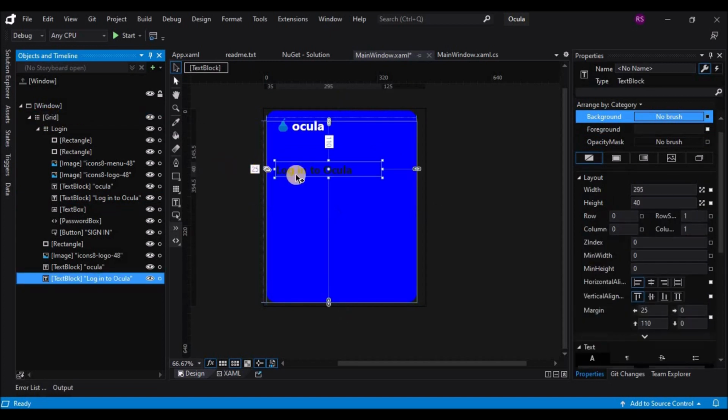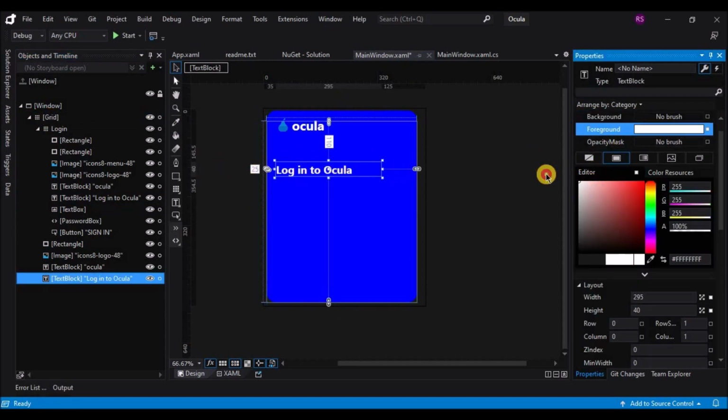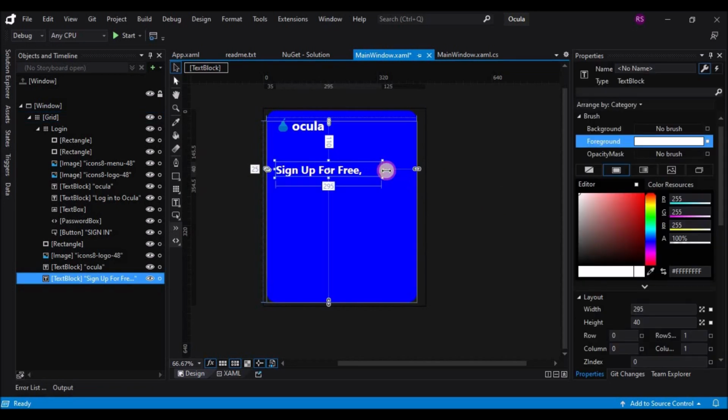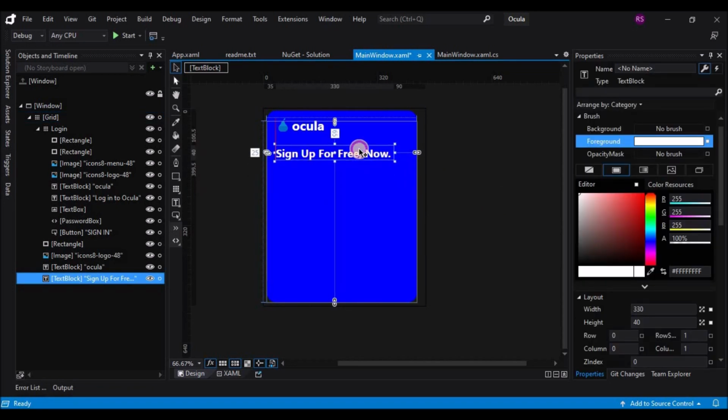Now let's change the foreground to white and change the text. This time it will be sign up. Then let's resize the text block and place it on top.